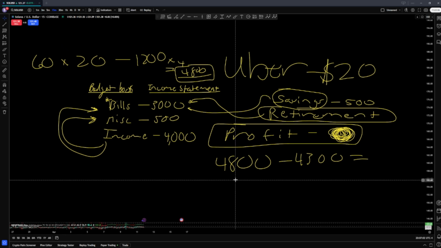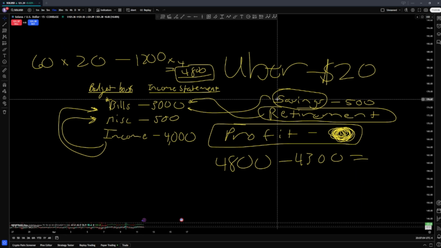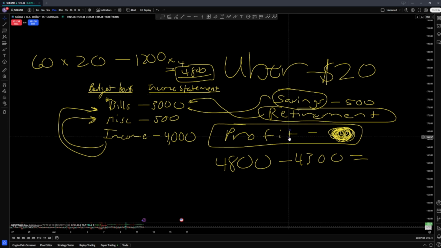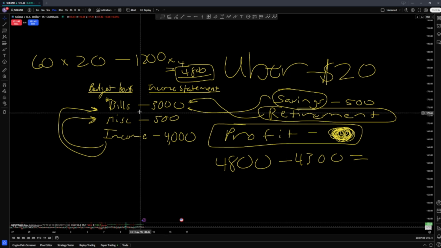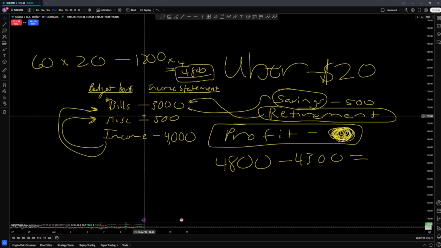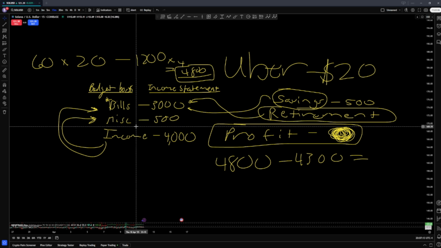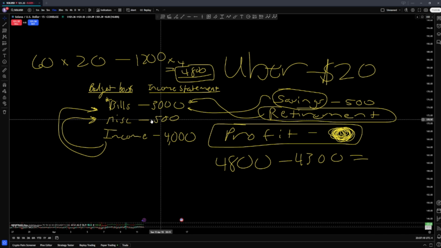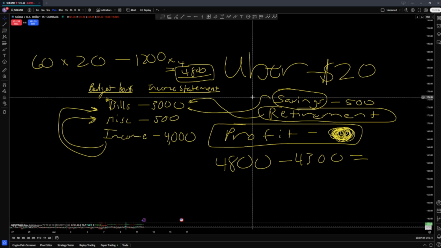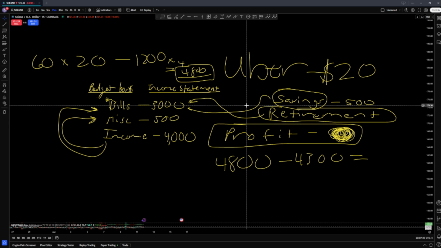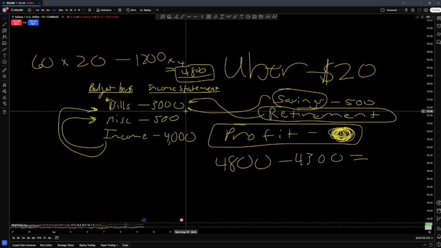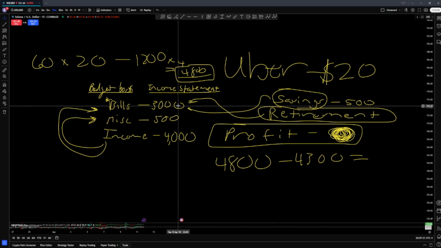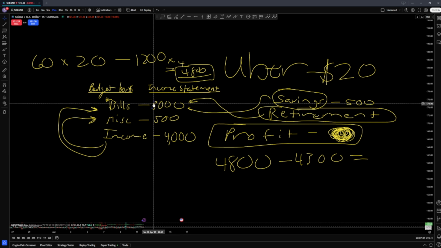But we need to remember this formula. Everything from savings, retirement, investing, business, all of that goes into your bills. Miscellaneous is all the other stuff. Groceries, gas, subscriptions, whatever, that goes to miscellaneous. Obviously, you will have all these things spread out. But for this example, the things that are reoccurring, that are very important, go into bills. I also do reoccurring payments in bills.